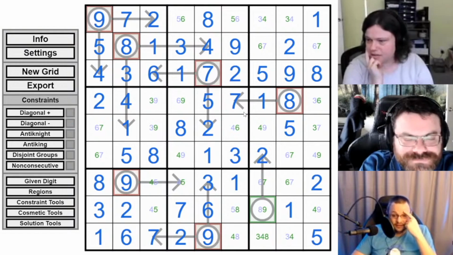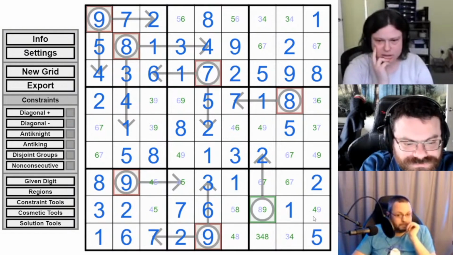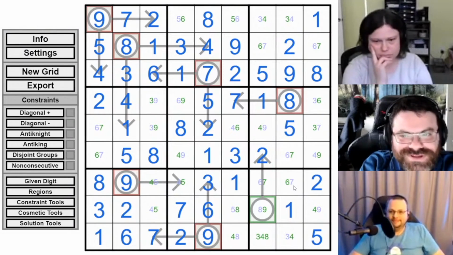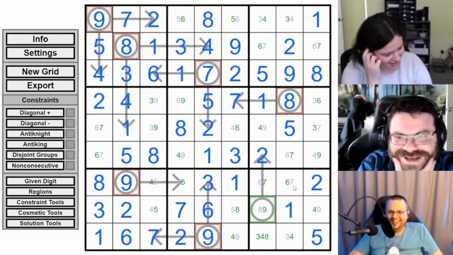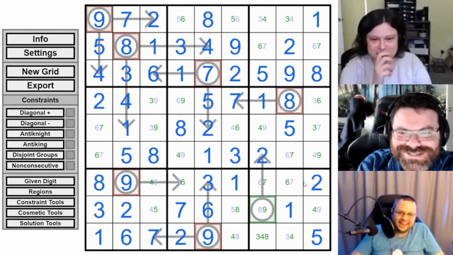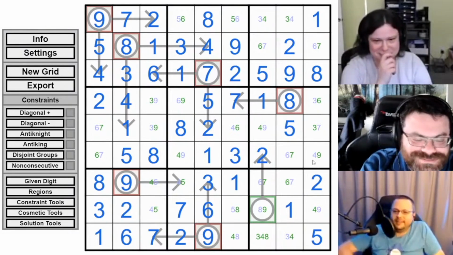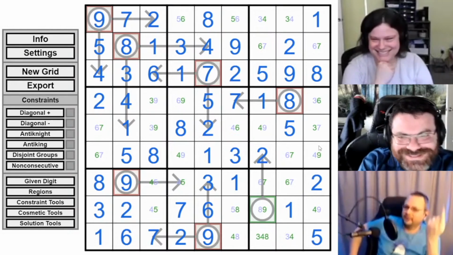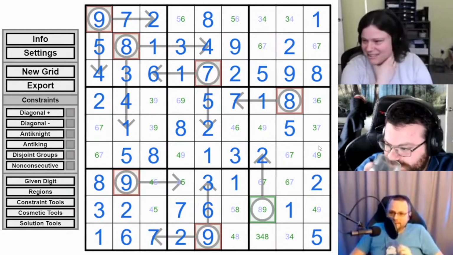Box 9, arrow 6, 2, 4. We don't have any arrows with a 2-cell circle. Maybe we could try that. Oh my god, a pill? Yes, that's what we need. How would that even index? Both of them index to out of the grid, so you don't have to think about it. Oh, I see. Into the next puzzle. It gives you the given for the next puzzle.